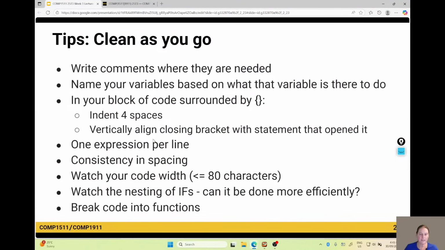The other tip is, yeah, don't fix your style at the end. The good style will help you write your program. Don't write 1,000 lines of code, then fix the style. Also, and this is unrelated, don't write 1,000 lines of code and then compile it. You should be compiling and running your code along the way as soon as you can, not writing lots and lots of lines. Okay, get on top of any little errors sooner rather than later.